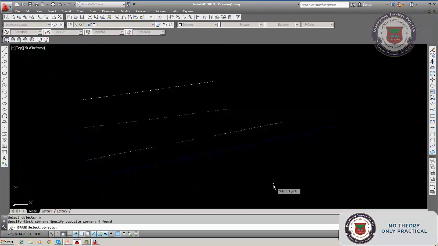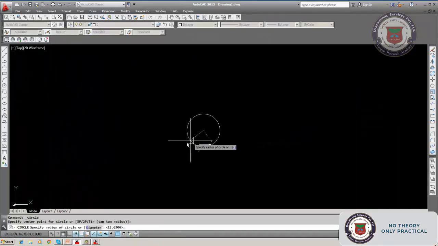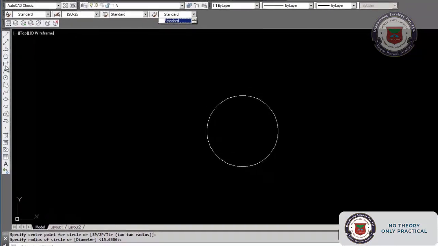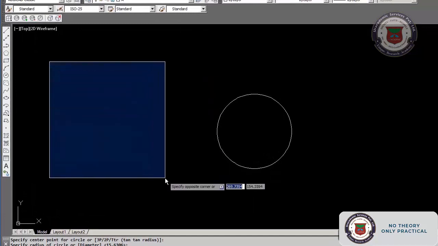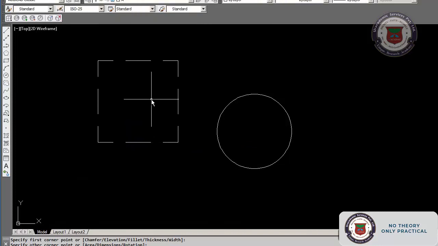So drawings can be made in them. Suppose I have selected the zero layer, I will draw a circle, and I can next select the A layer and draw a rectangle in the A layer, which is dotted and the color is white.